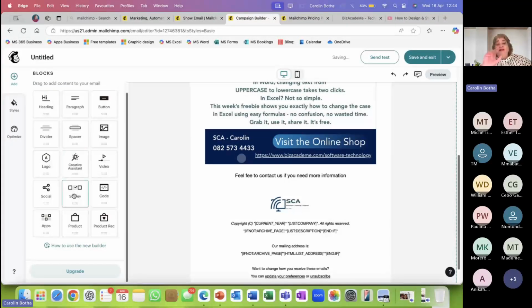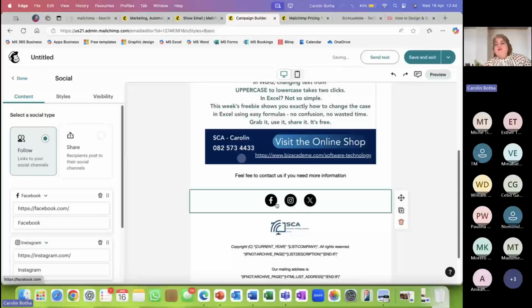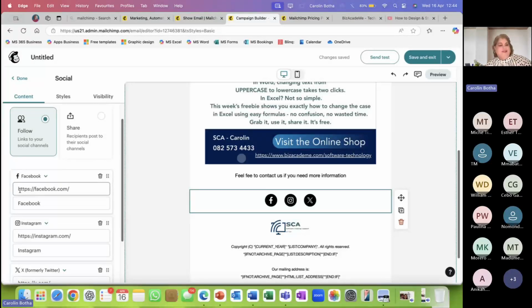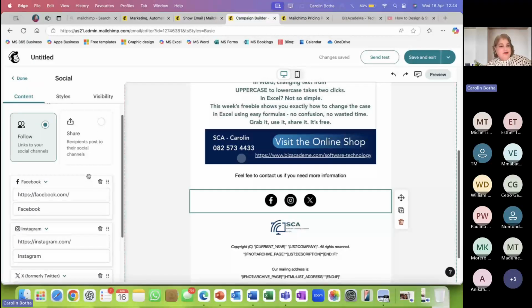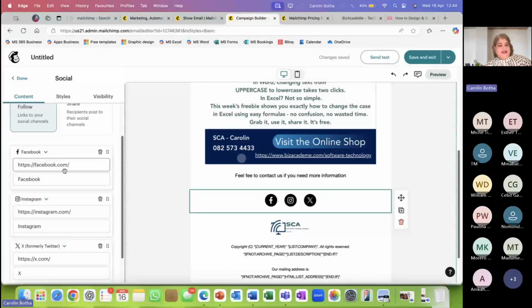In any case, oh, and then I definitely need my socials. So I'm going to drag and drop that. It can be on top, it can be at the bottom, wherever you prefer. Then on the left-hand side, you can decide whether you want to have your Facebook link in here. So you will just slot it in there. If you have Instagram, you will just go grab your link on Facebook or Instagram and paste it in here.